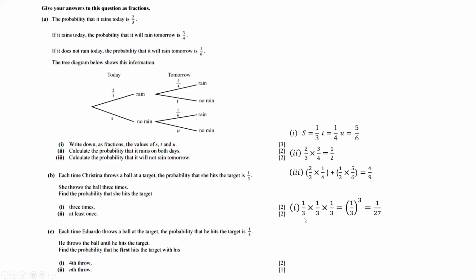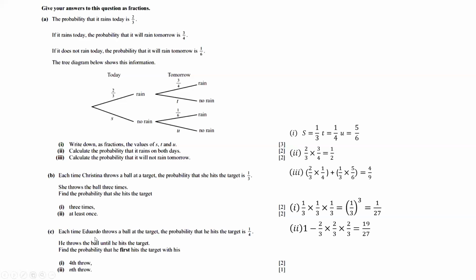If the question says at least once, that means I just don't want never hit, right? So I will use 1 minus the probability of never hit. So 2 over 3 is never hit. That means 3 times in a row, never hit the target. So 2 over 3, 2 over 3, 2 over 3. I just don't want this. If I don't want this, that means at least one time I hit the target, right? So I will use this method, easier. 1 minus this, then you get this as our answer. Easier, huh? Okay, now look at C.